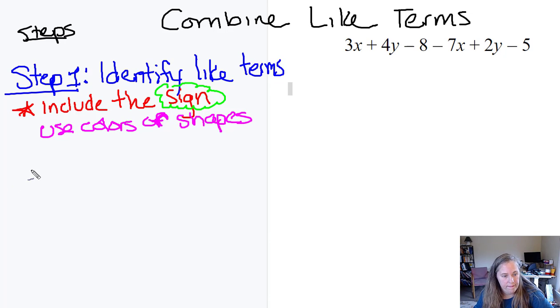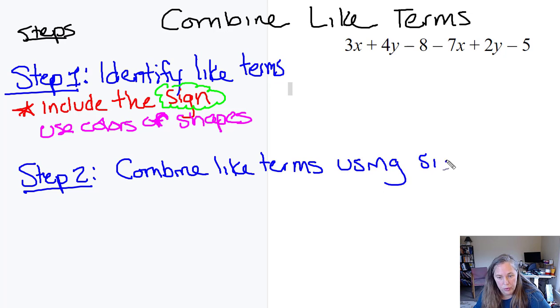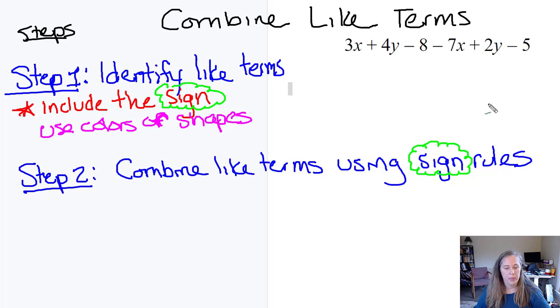Step 2 is combine like terms using the following sign rules. Okay, and everywhere I say sign, I'm just going to put a little green cloud around it to help you. Okay, so sign rule number 1, or the first sign rule, is if signs are the same,